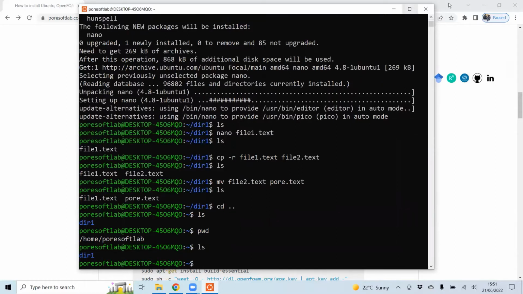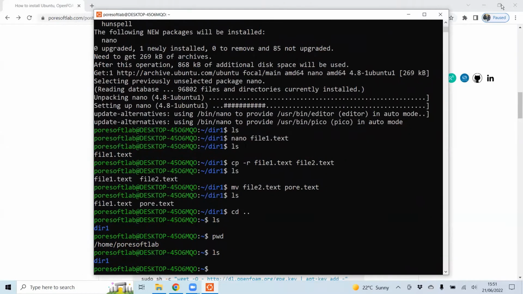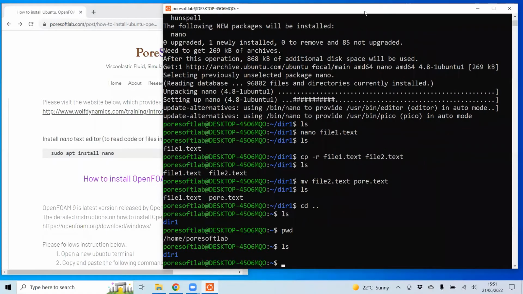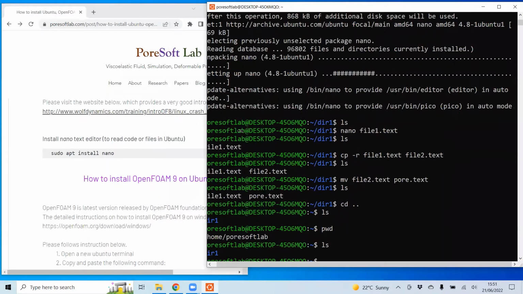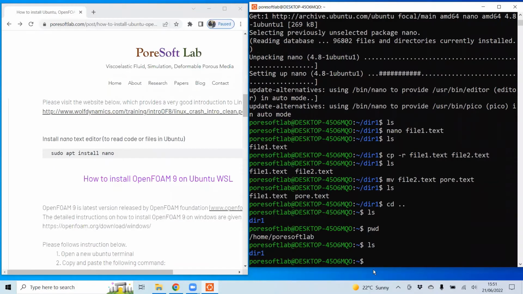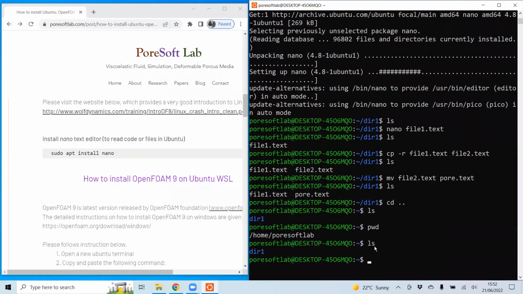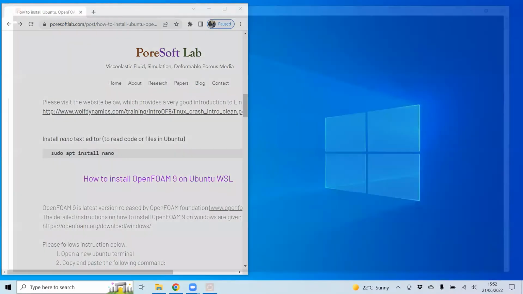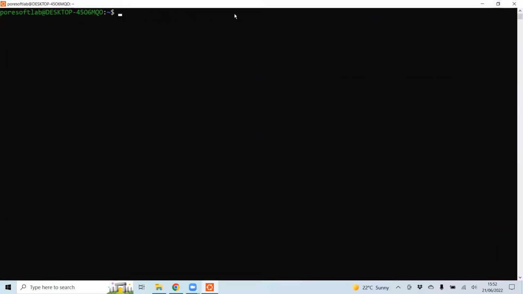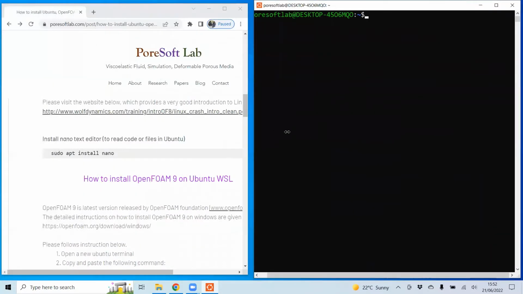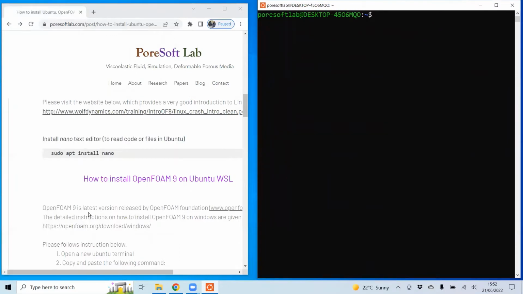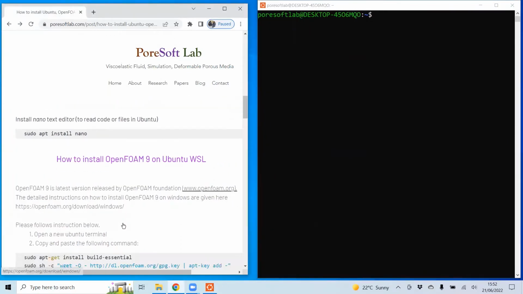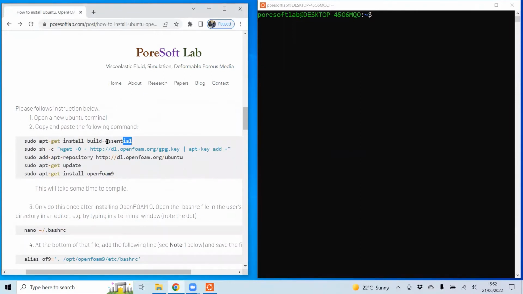So now it's time to basically install OpenFOAM, and I have written down the commands in this blog, and we can just copy it and paste it here, and then install OpenFOAM 9. To do that, I am right now going to turn this terminal off, close it, and then open a new terminal and make it small. As you can see here, we have all the instructions here. So I will first copy this command.